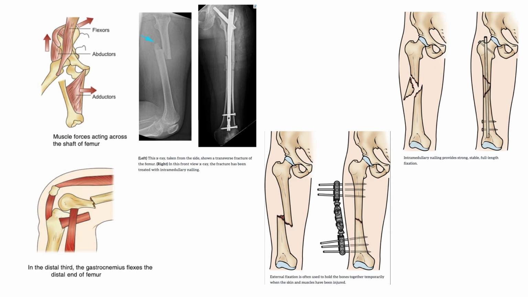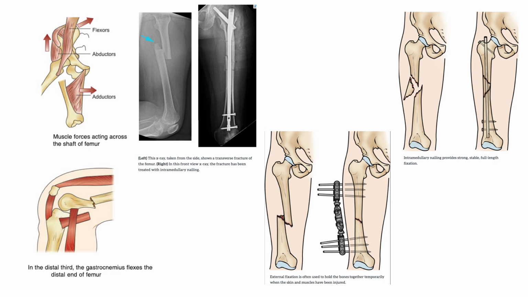Further, during this operation with plates and screws, the bone fragments are first repositioned, reduced into their normal alignment, and held together with the screws and metal plates attached to the outer surface of the bone. The plates and screws are often used when intramedullary nailing may not be possible, when there are comminuted fractures and you cannot put the nail inside, so the plates are used.